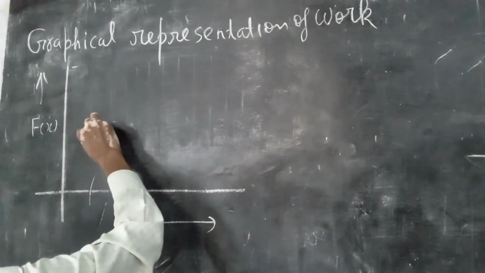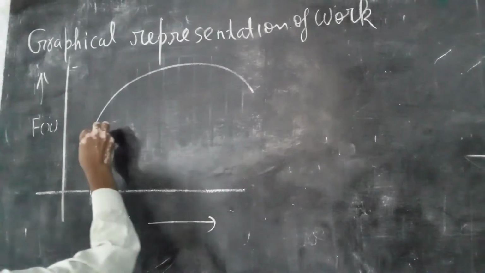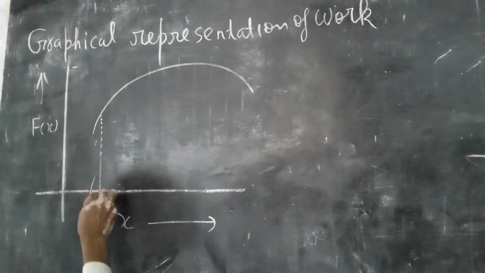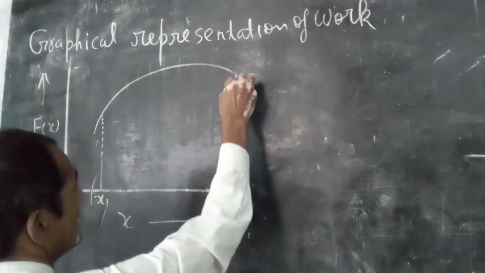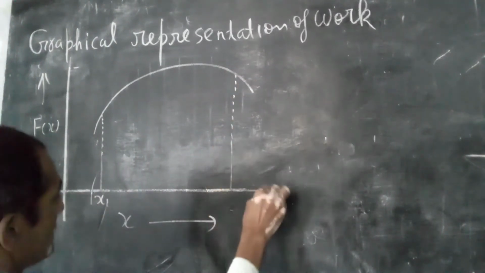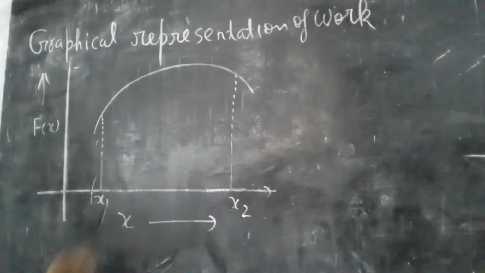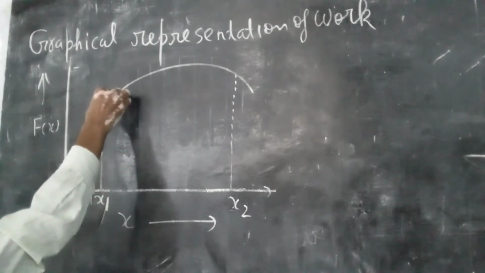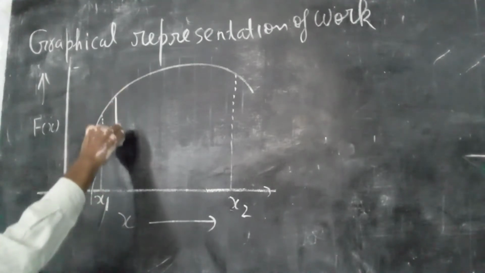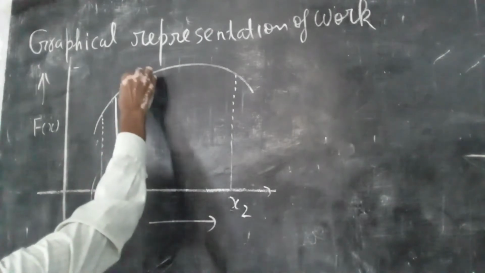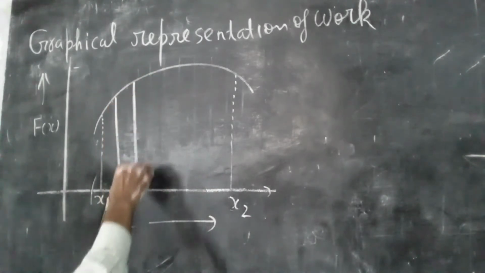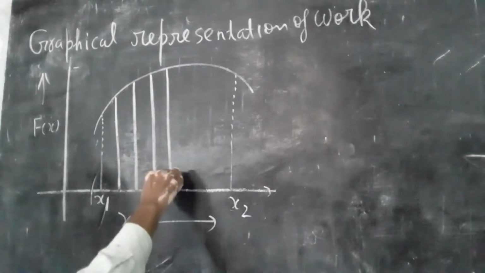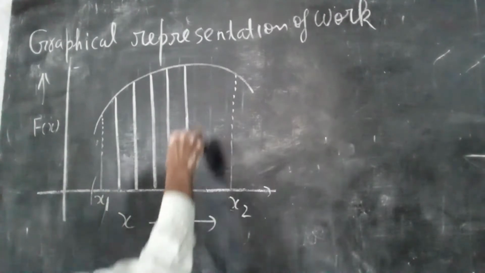Suppose your body displaces from position x1 to x2. ठीक है. To get the work done in displacing the body from position x1 to x2, we split this space into infinite strips of small